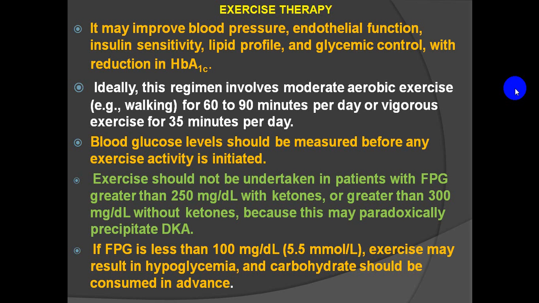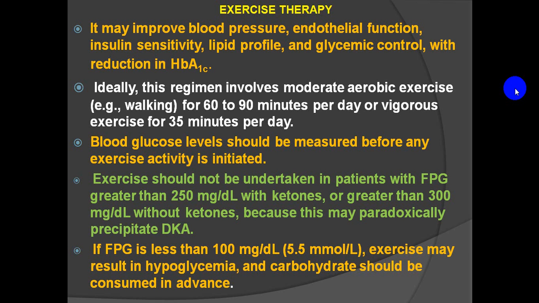Ideally, this regime involves moderate aerobic exercise, such as walking, for 60 to 90 minutes per day, or sometimes vigorous exercise for 35 minutes per day. But before the patient starts exercise, blood glucose level should be measured,